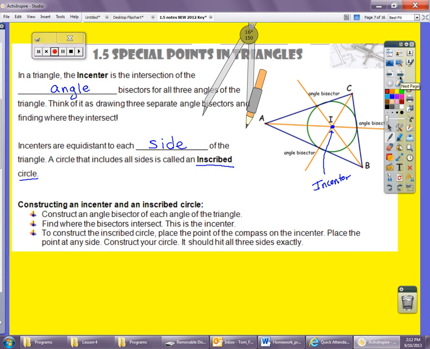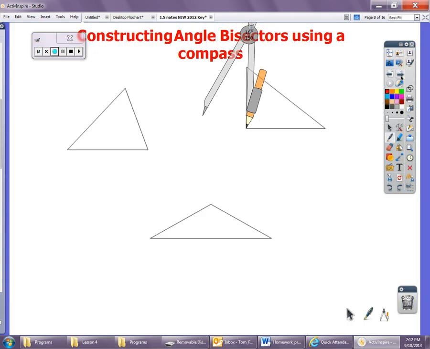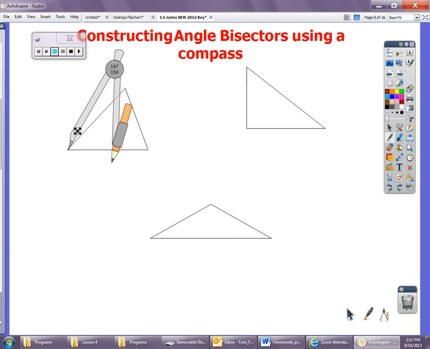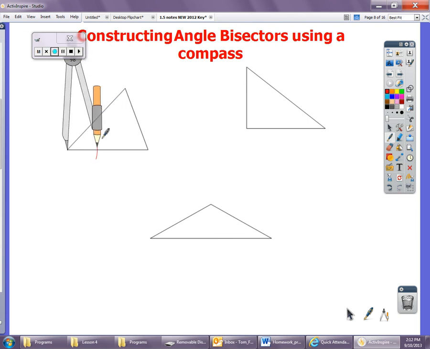the incenter is the intersection of the angle bisectors. So we'd have to find the angle bisectors. And with the incenter, this is equidistant to each side. So it's each side. And this will give you your inscribed circle. So when we look at this, what we need to do is find the angle bisector. So what we do here is, we make an arc on this one,